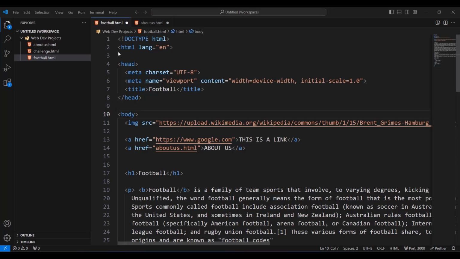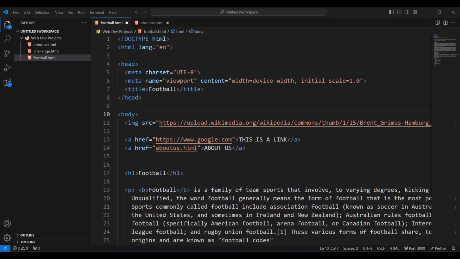Examples include, as you'll see, H1 to H6, unordered list, ordered list, the li element. So those are block level elements. Next we have inline elements, and they do not start on a new line. They flow within the content, and they take up only as much width as necessary, and they cannot contain block level elements, but they can contain other inline elements. Examples include image that we looked at, the bold element, and we're gonna look at also the span element in these videos.